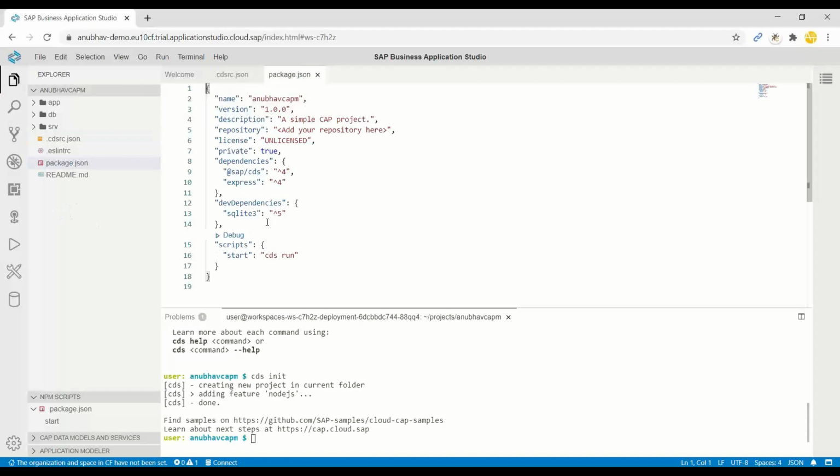And then we have a package.json file, which contains all the project properties like project name, project version, and description, along with all the dependencies this project depends on. You can see it has also added a dependency on SQLite, which is a lightweight in-memory database that you can use to create database tables in the system. So we are good with it.